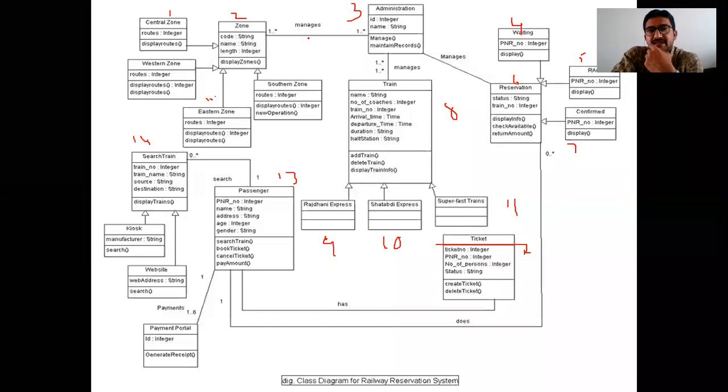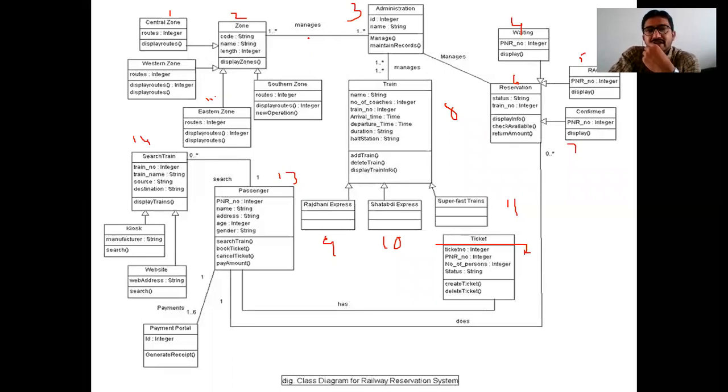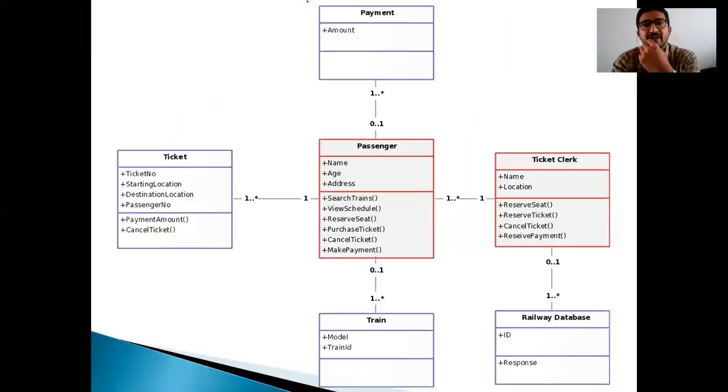That's why it depends on your point of view, how you are going to make that diagrammatic representation. That is your interest, how better you are going to draw it. Before drawing the diagram, you need to analyze in depth. As a developer, you need to analyze. Then only you can understand: these are my classes, these are my attributes, these are my operations I need to perform. How the connections are between one class and another is also very important.